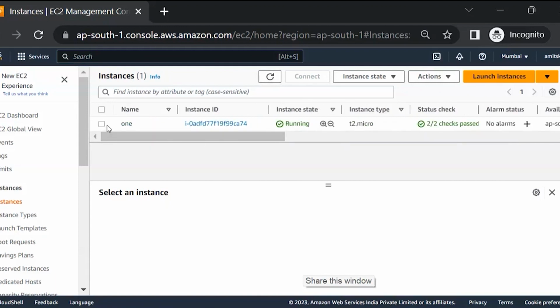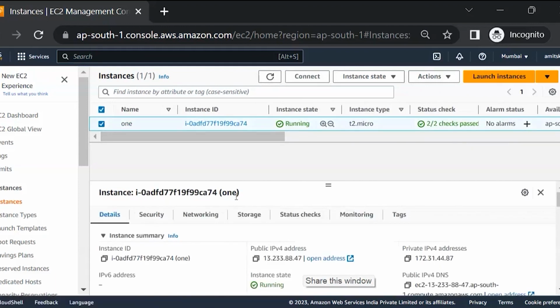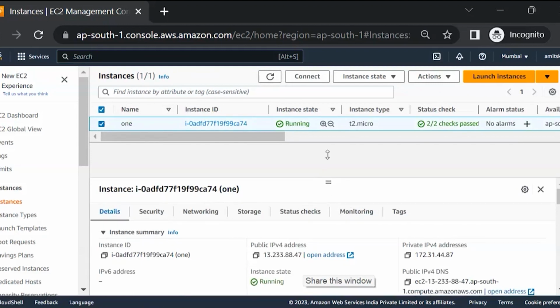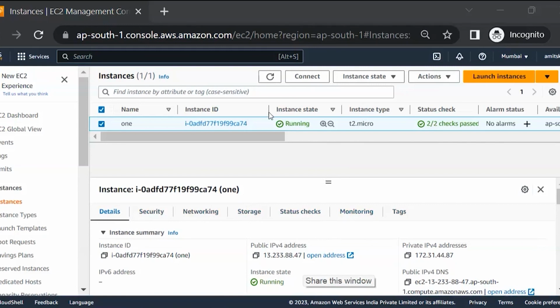This is our server, and when you click on the server, you see that the moment something comes up, details, security, network, storage, status check, monitoring, and all those kind of things start coming up. Okay, so what we are going to do is that we are going to click on the,